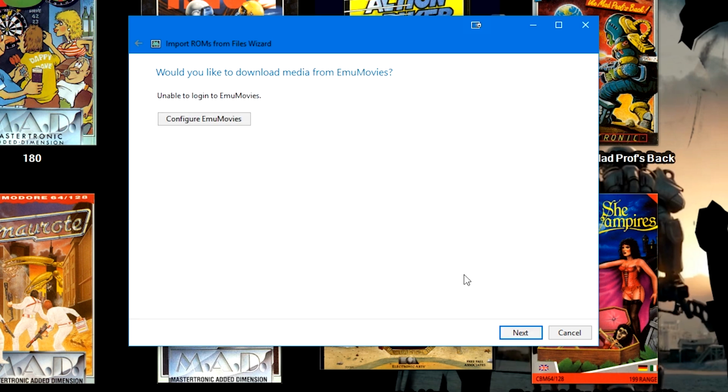Next. Unfortunately, at the time that I'm recording this tutorial, it looks like Emu Movies is down. But they're not normally ever down. But on this screen, you will log into your Emu Movies account. You will check the Select All button. There is a button there to prioritize the images and media of Emu Movies over the LaunchBox Games database, but I personally prefer the LaunchBox Games database over Emu Movies. Now, if you have a free account, I would not suggest to prioritize Emu Movies over LaunchBox Games database, because